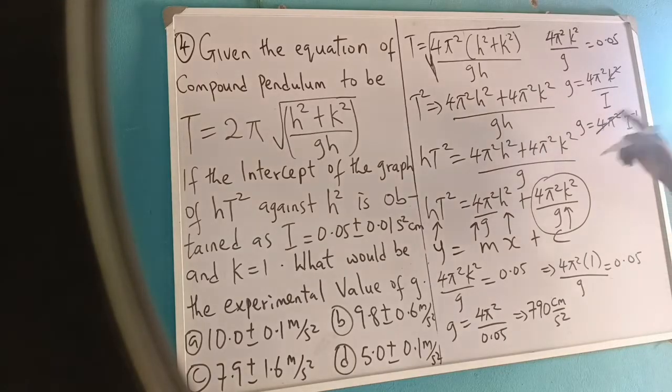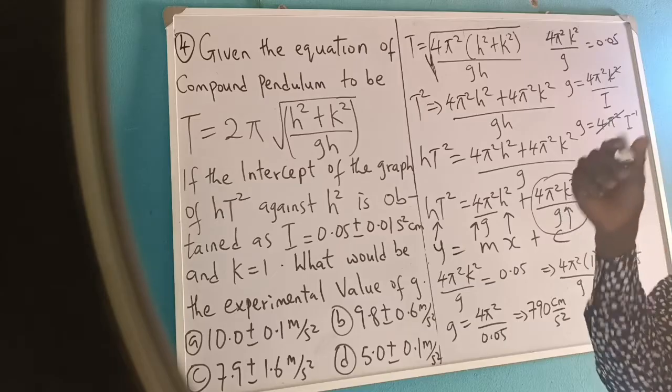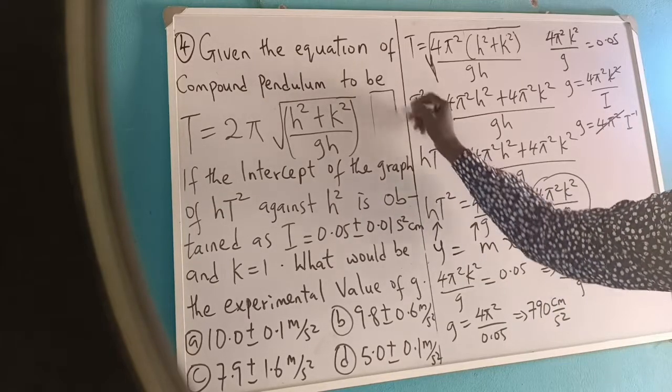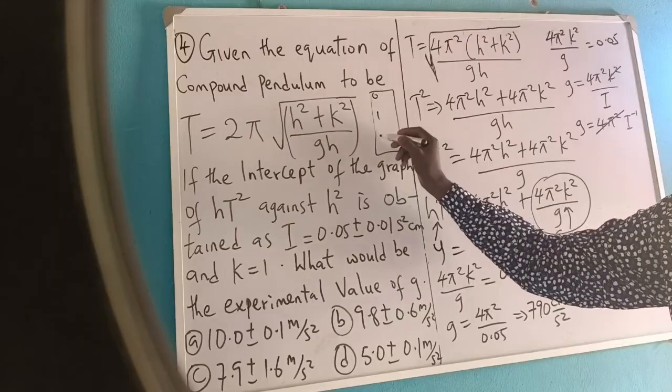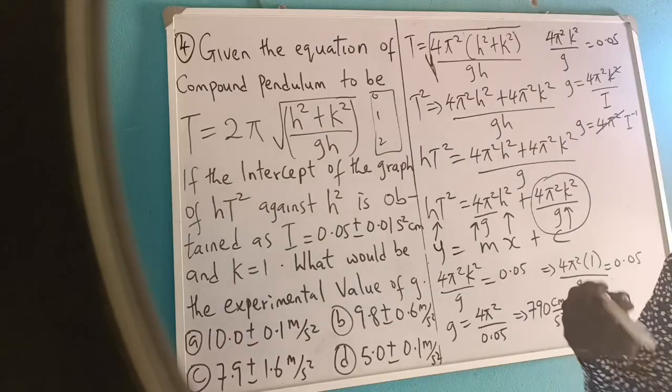Now, to get the error in G, which is called acceleration due to gravity, we will be using the formula for standard error in G. Why do we call it standard error? One is not gotten from a measuring instrument. There are some measuring instruments which are uniform, such as a meter rule. You will see that a meter rule is uniform. If here is 0, here is 1, the same interval. In that case, maximum error becomes equal to